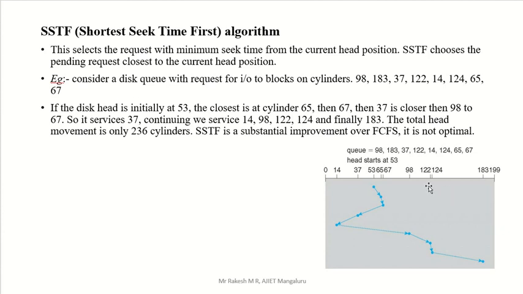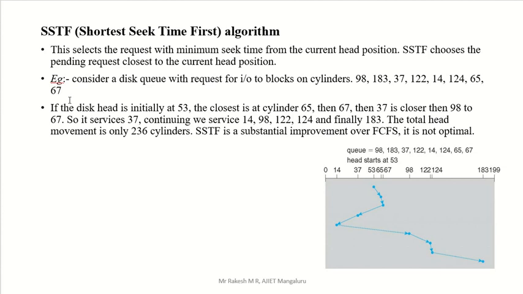Where are you now? You are at 53. You started at 53. So which is the closest block out of these? We have 1, 2, 3, 4, 5, 6, 7, 8 blocks. Whatever user data is saved in these 8 blocks, how are those 8 blocks supplied to the user? That procedure we are going to see. You are at 53, whichever is nearest to 53 is served. Whichever is nearest to that is served next. Like that, the nearest one we are going to serve. That method we are going to use here.